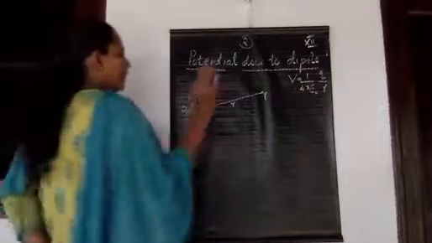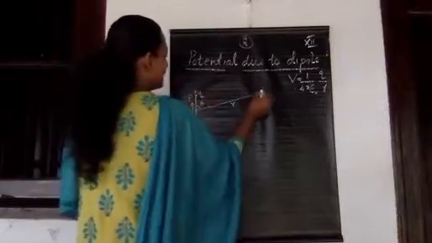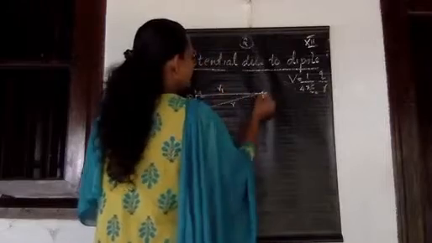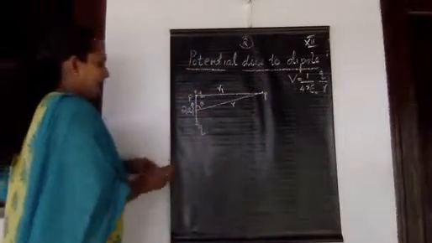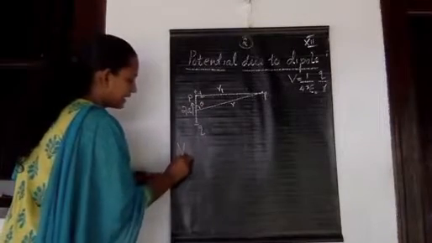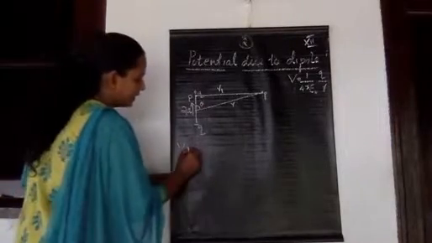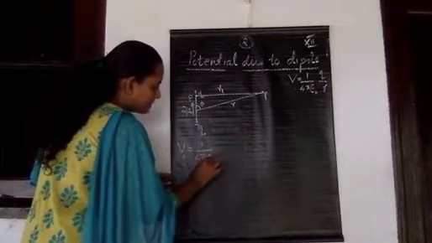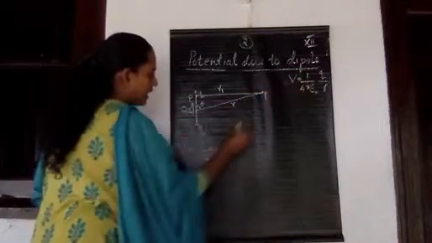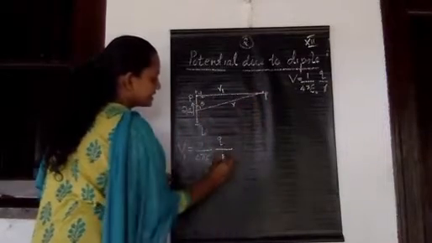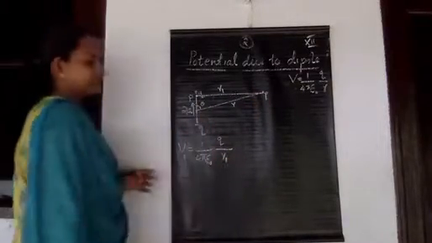First of all, this plus Q charge is at a distance r1 away from the point P. Then how can you write the potential at this point P due to this plus Q charge? Suppose you write that as V1. V1 is equal to 1 by 4 pi epsilon 0 Q by R. Here it is plus Q charge, therefore it is Q divided by the distance, and the distance is R1.